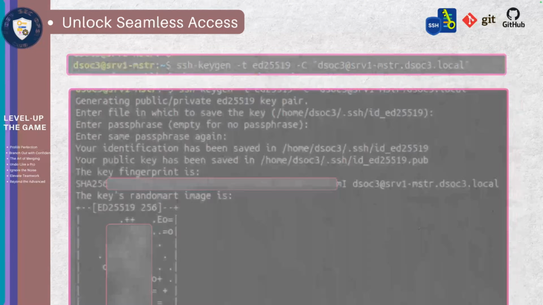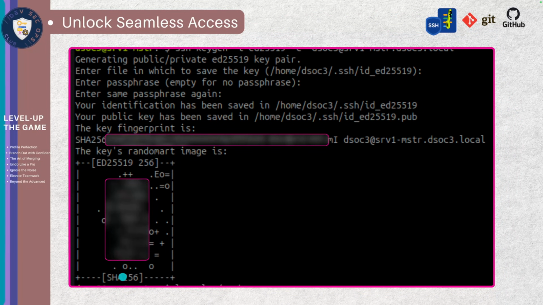After that, I hit enter, then hit enter, then it says generating public private key. It will create two keys. We'll come to that. Here it says enter file in which to save the key. Don't touch this, go with the default. If you are an expert in SSH server configuration, that's a different case. But here we are happy with the default, and it tells you where the default keys are going to be saved,